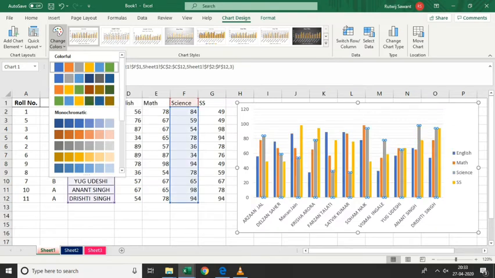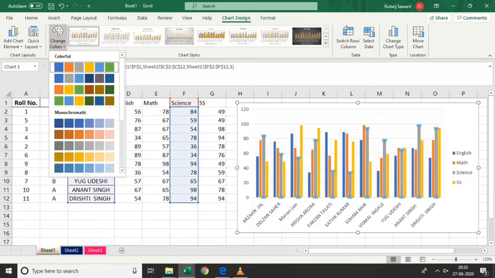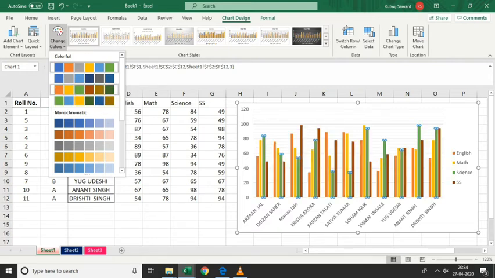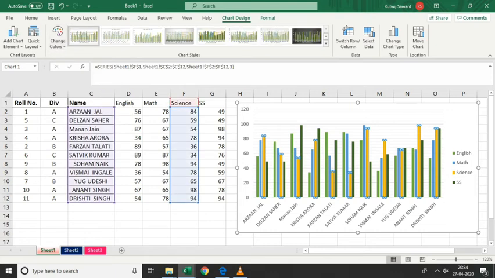This is because it's allowing me to select a color palette, either this or this. Since we are in chart style, it's not allowing me to change the color of each particular data series. I'll show you how to do that also. So this was about chart style.